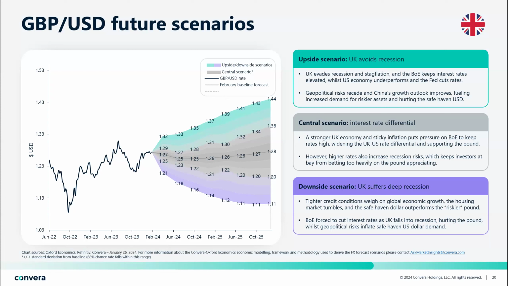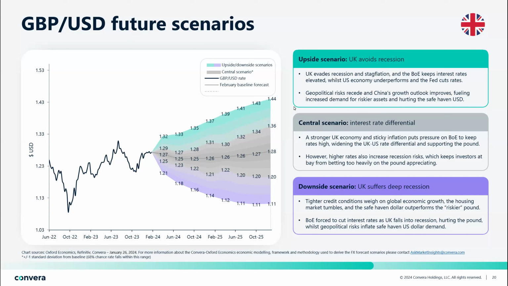Some of these events, perhaps an escalation of geopolitical tensions, perhaps a huge unforeseen rebound in inflation, for example, that hits global risk appetite and sends the sterling dollar exchange rate back under 1.20. It's not impossible. You can't rule out these moves. They can happen, and they have happened in the past. So it's certainly something to bear in mind when putting your currency plan in place, especially when we expect volatility to pick up by the year end due to the elections that we have in both the US and the